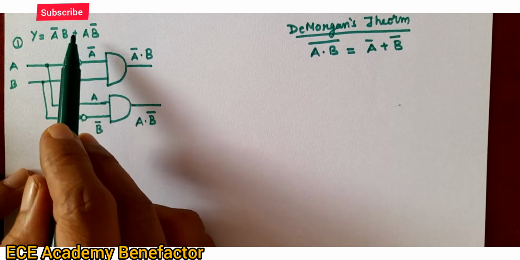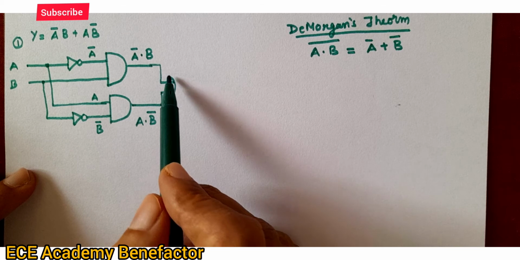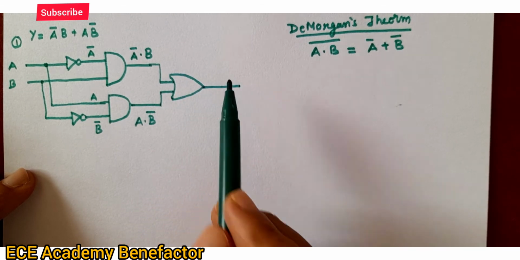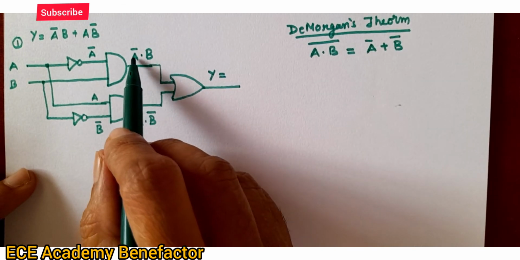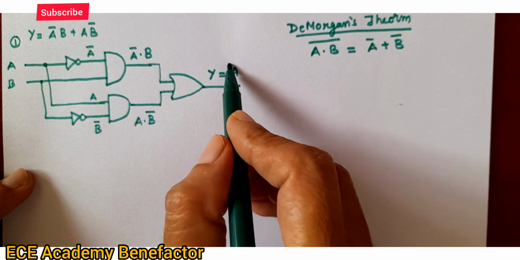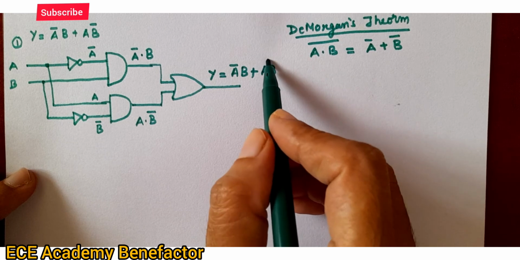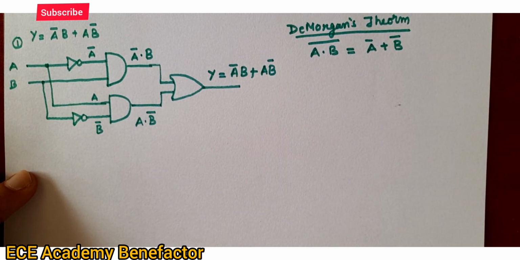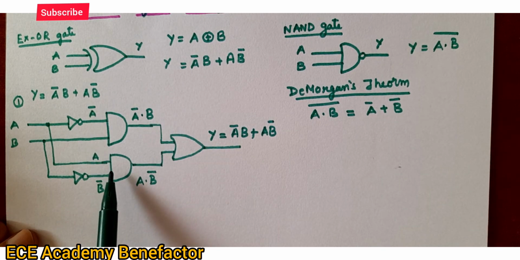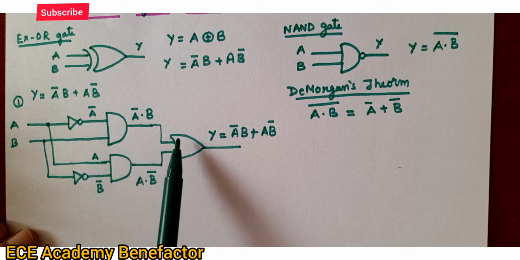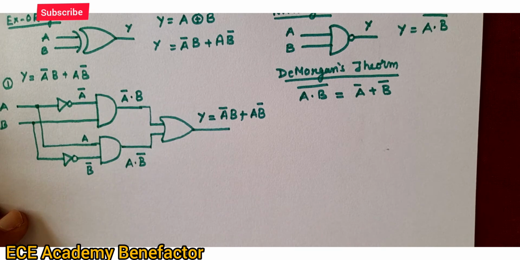Now, you give it to plus sign. Plus sign means an OR gate. Like this. You have given to an OR gate. So, what is the expression you are getting here? A bar dot B, A bar B plus A B bar. You are getting this expression. Okay. So, this XOR symbol we have drawn the elaborated form of it using AND gate, OR gate and NOT gate. Now, we have to replace each gate by NAND gate here.